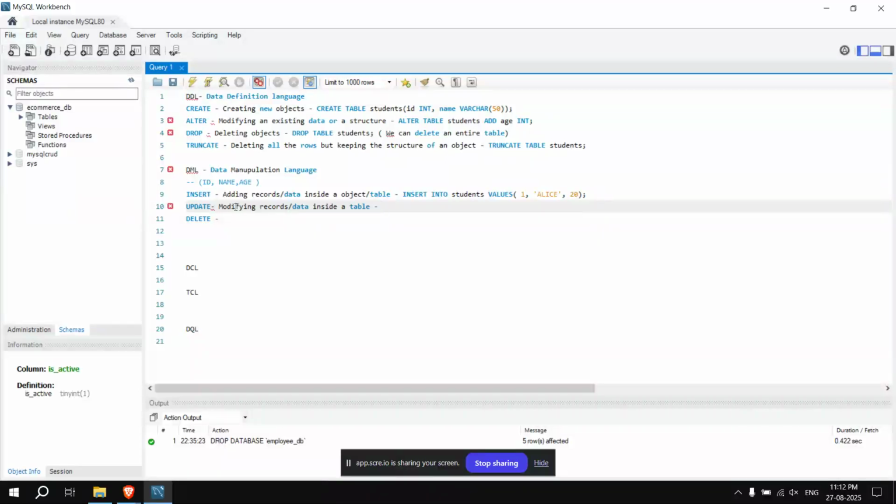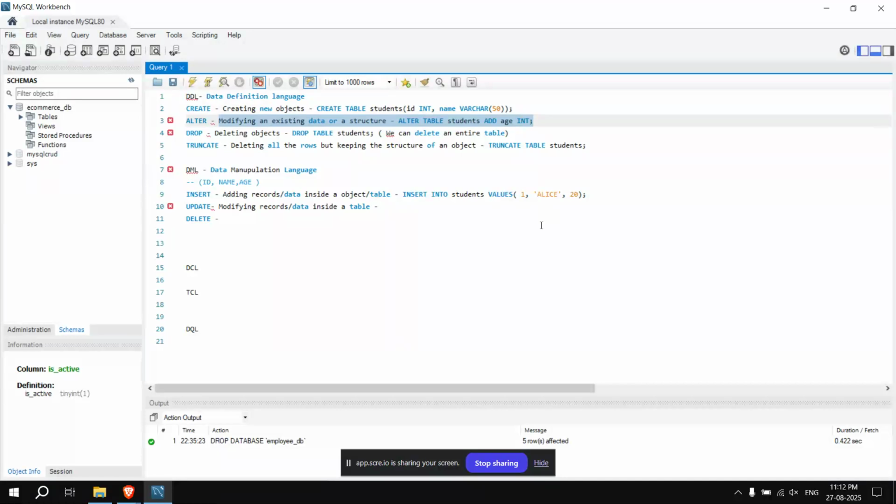As I said, create means creating a new table, and alter means modifying the existing table. We can modify a table column by using the alter command. Some people get confused about the alter command and the update command.